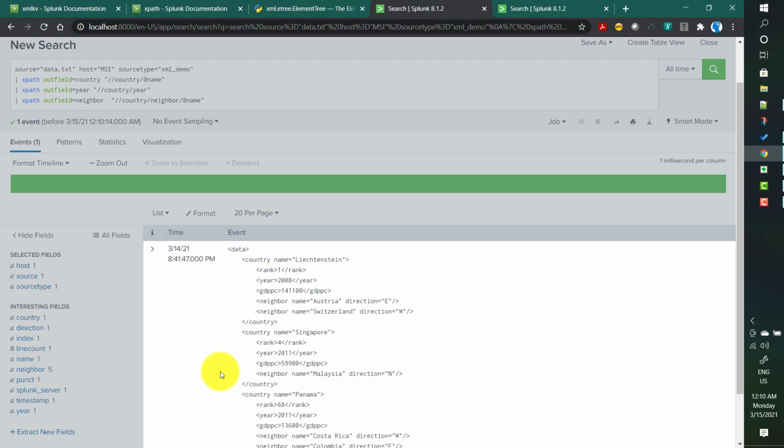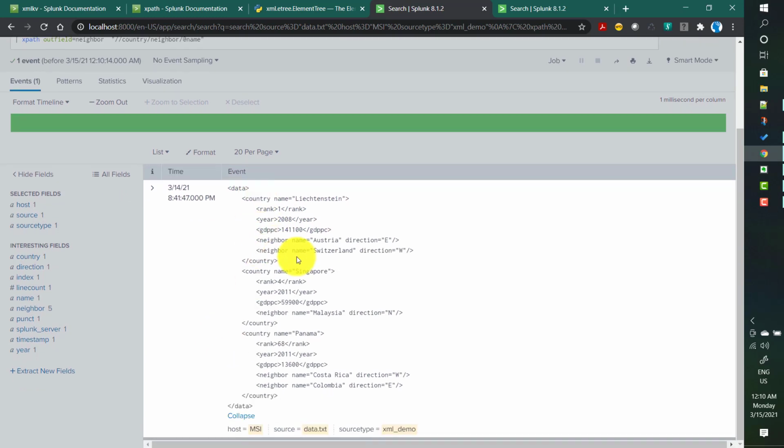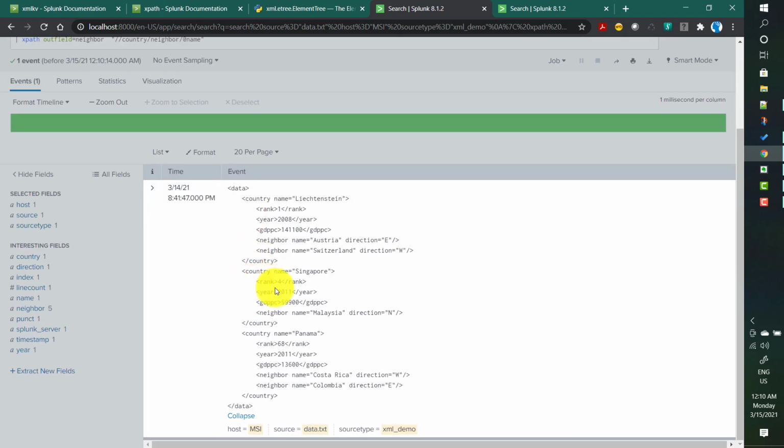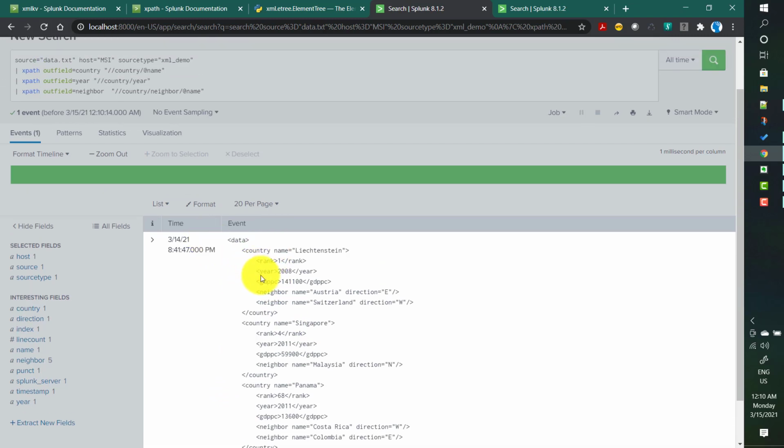If it has a single country, then it is not a big deal. I can easily extract those values, or maybe I have some logic I can apply on the output of this XPath so that I can easily distinguish between the country name and neighbors. Then I can use the XPath in that case. But if you are applying this XPath on multiple events, for each event it will create separate rows. But as each event has many countries and many neighbors, it will always create the multi-value field.